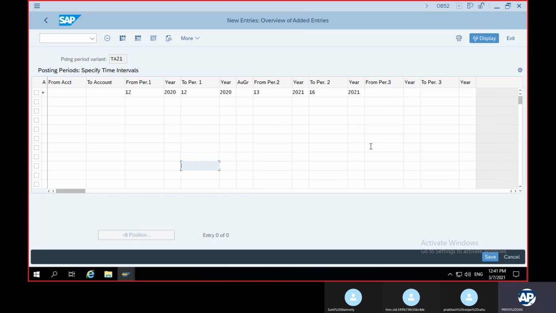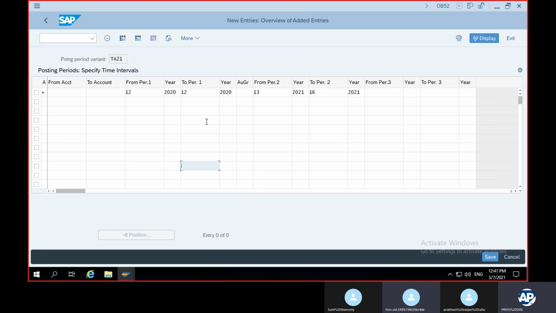You cannot make any entries. Period is closed. You have only kept March open. So normally people are doing 1 to 1, 2 to 2, and 3 to 3. That way of doing. Monthly they are opening the period and monthly they are closing. But you are now in March, so you have to open 12 to 12 only.